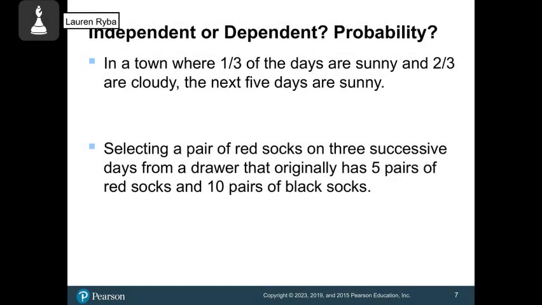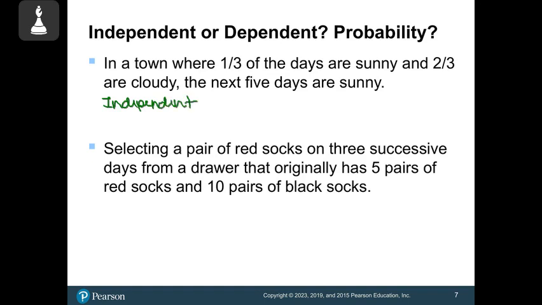You're going to have two situations here. One is independent, the other is dependent, and then we want to find the probability. In a town where 1/3 of the days are sunny and 2/3 are cloudy, what is the probability that the next 5 days are sunny? Well, the weather on one day does not impact the weather on the next day. So what we have here is independent